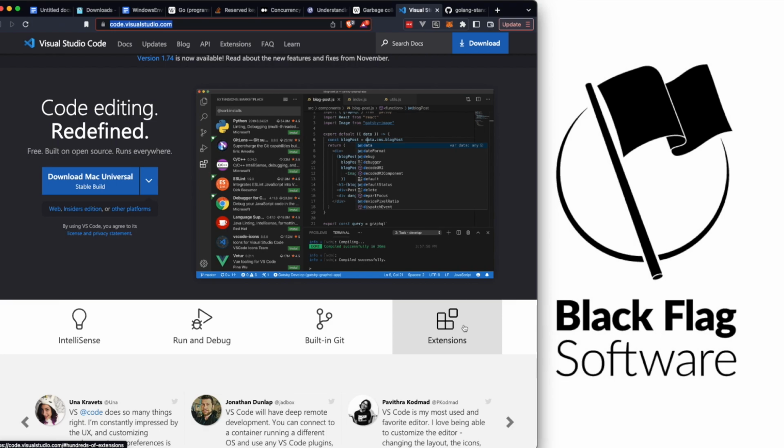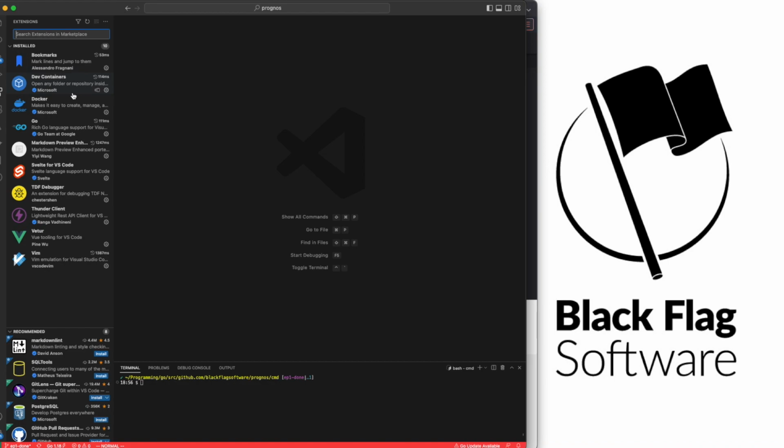And then extensions. These are some extensions that I use, but this is the main one that you would install with Go for development in Go. And once you do that, Visual Studio will say, hey, do you want to install the tools for Go? You'll get a little prompt down here. I think one of them is called Go PLS. Actually, I'm going to do a Shift Command P,